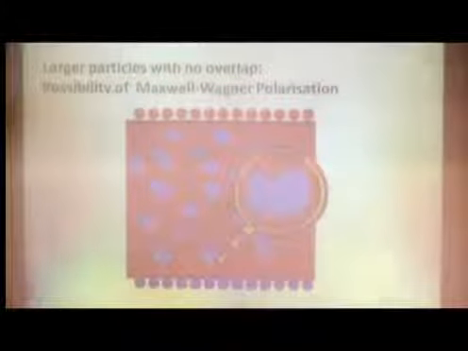If we only have 3% by weight, that's 1.5% by volume, then we still could have some movement, but it won't occur right throughout the material. And so we might expect to have some sort of quasi-DC type behaviour here. And if we had larger particles, perhaps without any overlap, you can't see it very well here, but you might expect to see charges accumulating here, so negative and positive charges, and perhaps giving us Maxwell-Wagner polarisation.